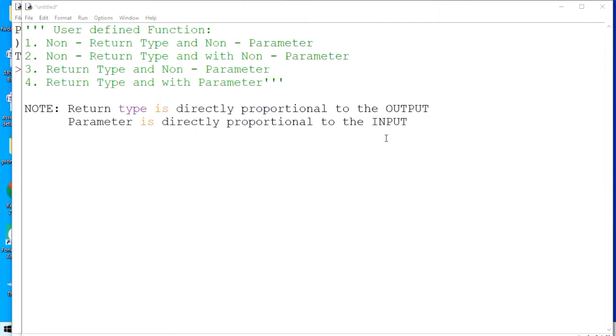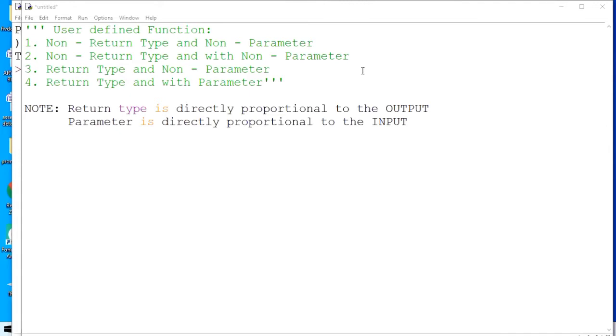Then in that case, you have to take the values as the parameter. Or it can be asked that after the calculation, return the value to the user. Then you have to use the return keyword. Or it will be asked that after the calculation, kindly print the value to the user. Then don't use the return type. This way we are going to work with return type, non-return type, with parameter or without parameter.